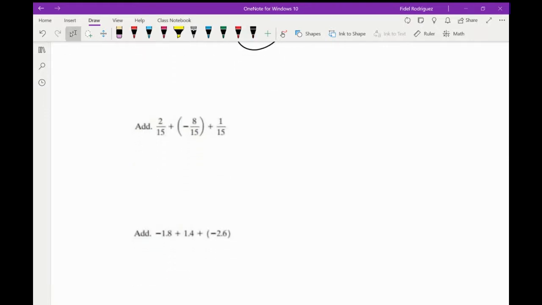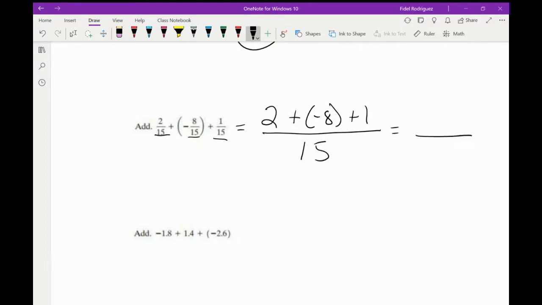And I'm going to do the same thing here for this one. Notice it's fractions, but that's okay. So the nice thing about this problem, guys, is the denominator is the same in every case. So I'm just going to write one big fraction with a denominator, okay? And I'm going to put 2 plus -8 plus 1. So remember what this means here. This means I have $2, and look what this means. I have another $1. So if I have $2 in one pocket, another $1 in another pocket, now I have $3. Okay. So if I have $3, but I owe you 8, I don't have enough money to pay you. So I'm still going to owe you $5, right?